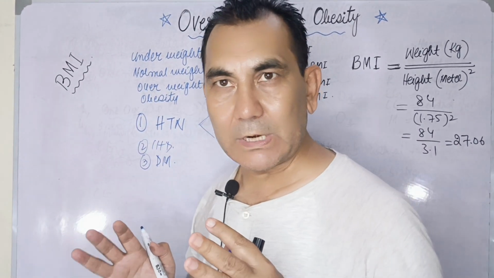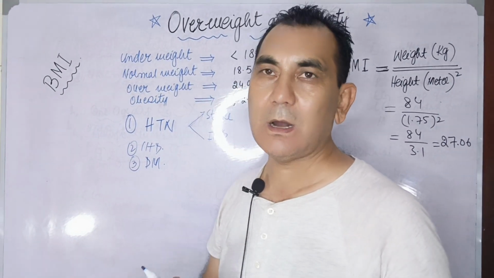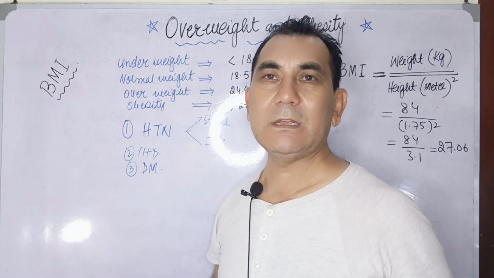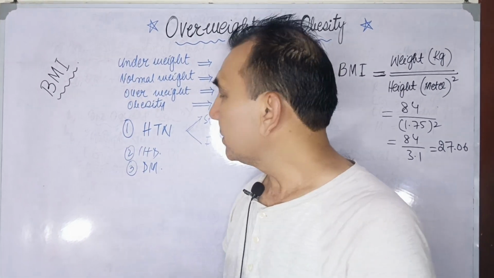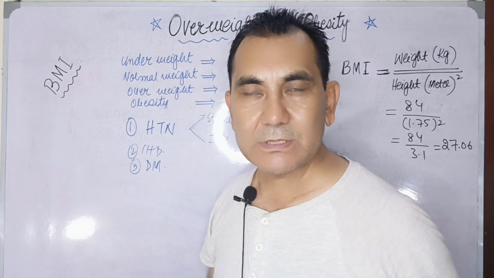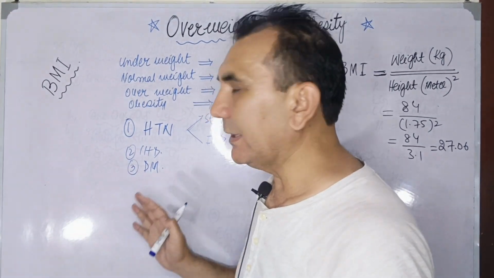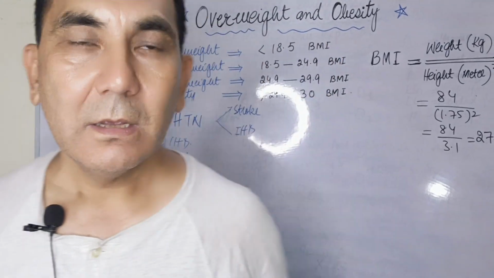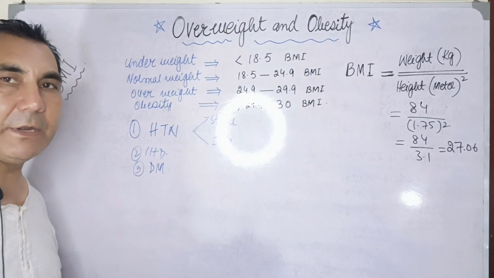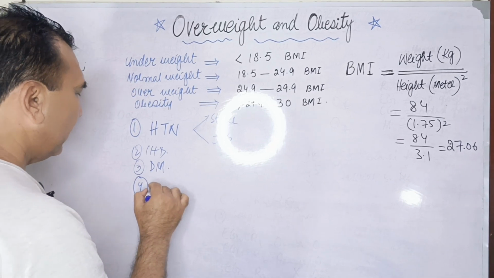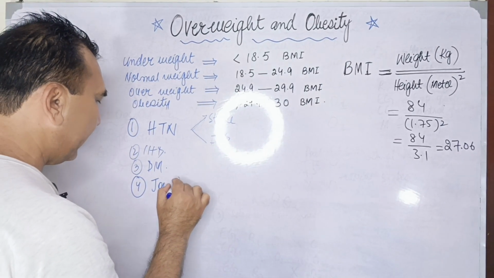The blood glucose in the blood vessel will not enter inside the cell or the tissues, so it remains in the blood vessel and increases the blood plasma glucose level. As a result, it will be diabetes mellitus. And the fourth one is joint-related diseases,